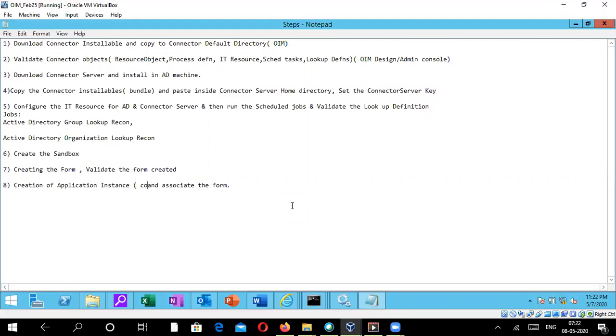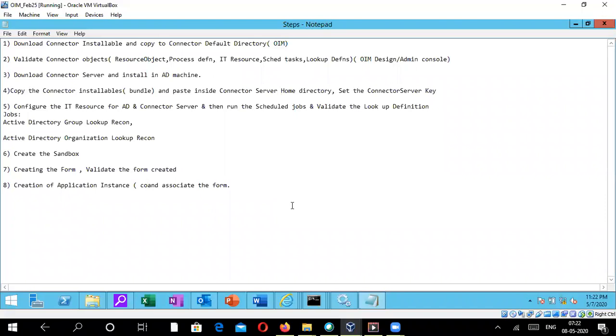So basically, application instance is actually a provisionable entity in OIM through which the end users can request for an account in the target system.